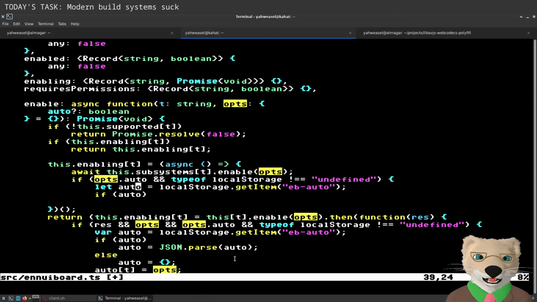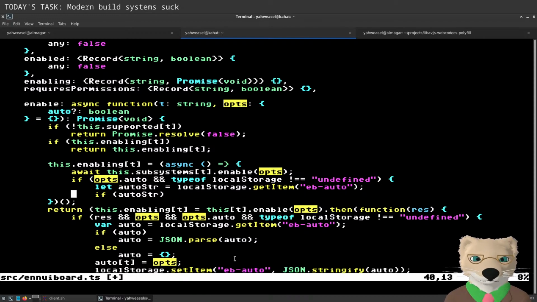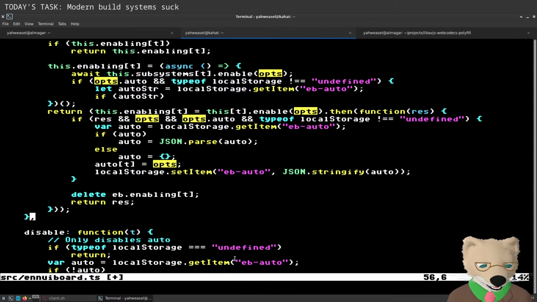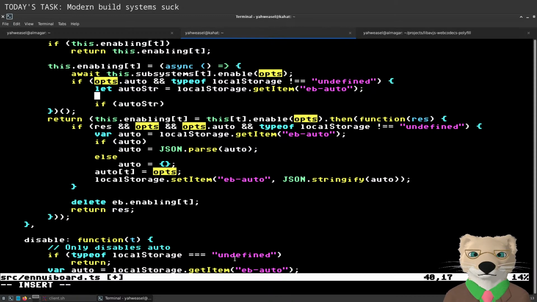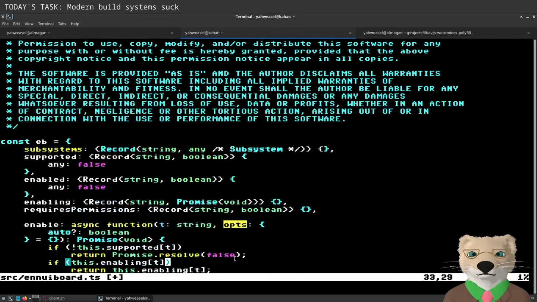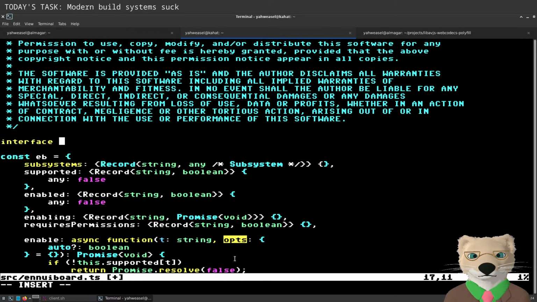Okay. What? Auto is an object? Oh, I see. I see. Okay, I understand. Auto is a record from string. I need to start defining the actual subsystems interface, or I'm going to really confuse myself here.